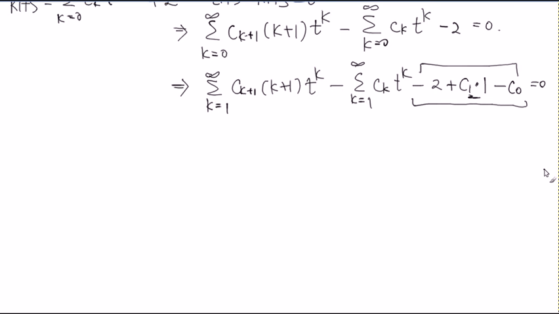Good? Let me rewrite it here. So the constant term is c1 minus c0 minus 2. Do you agree? Everything else is all here. So k equals 1,